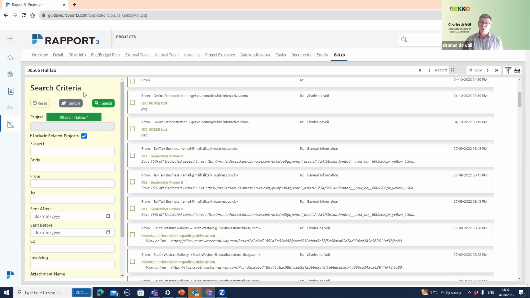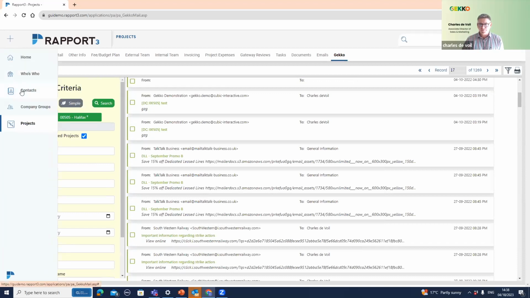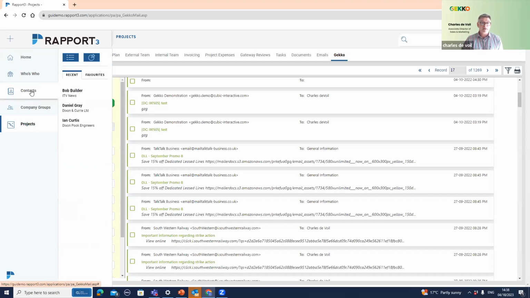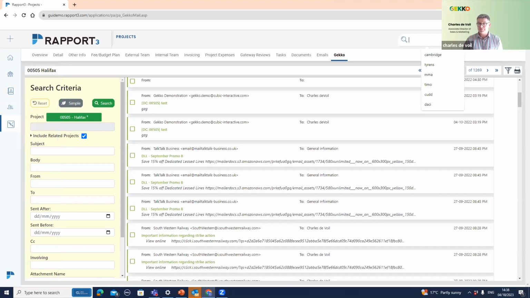And just one final area that it can work for you, because a lot of our clients have invested in the CRM module for Rapport3. A great way to keep on top of your business development, that association between your clients and your projects. So if we go to a particular contact, either in recents or favorites, or we can go and look up. So maybe I want to find